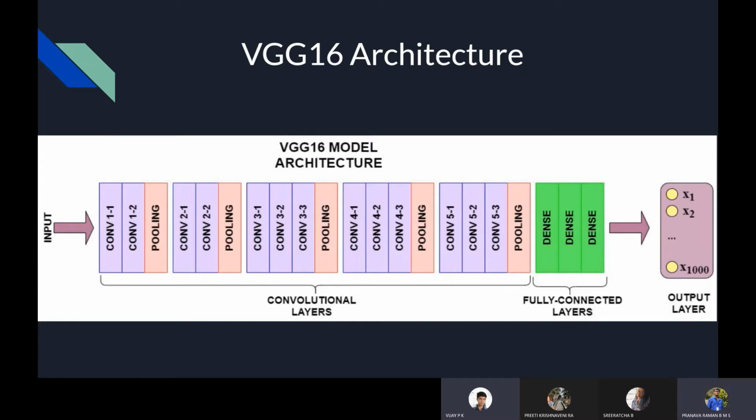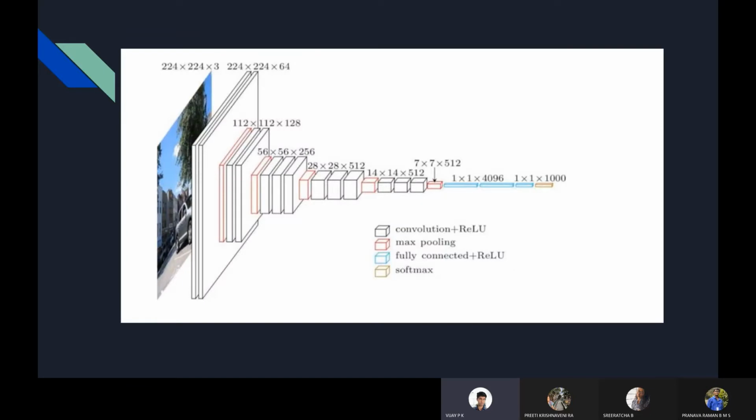If we take a convolution layer, it will run a filter through the input, perform a dot product, and give the output. And if we take max pooling, it performs the operation that selects the maximum element from the region of the feature map covered by the filter. So these are some of the important layers that are involved in the VGG16. So we now dive into the VGG16 architecture.